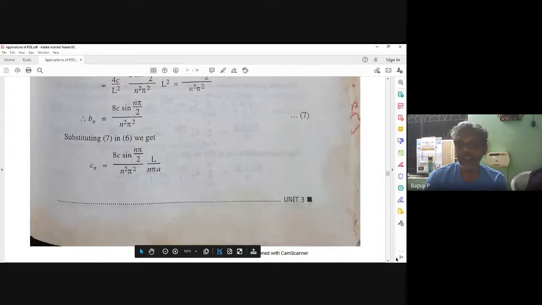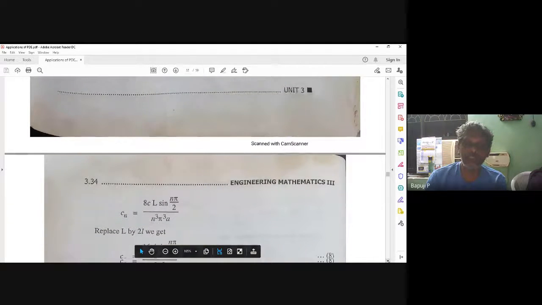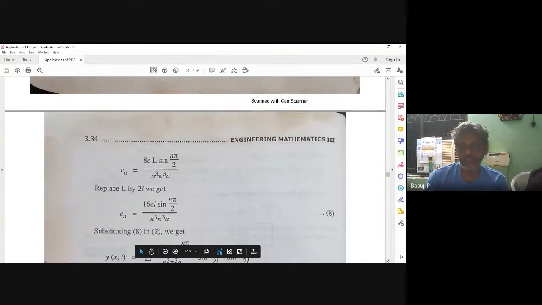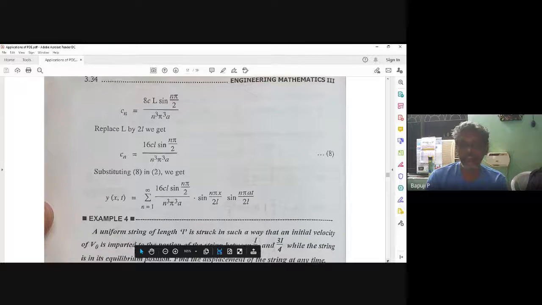Come back. Then what is my solution? This is actually my equation. This also you can substitute. What is my capital L actually? Where I started my problem, actually my problem uses small l. I introduced capital L as a substitute. So where is capital L? I am substituting small l here. If you substitute all these, you will reach this.